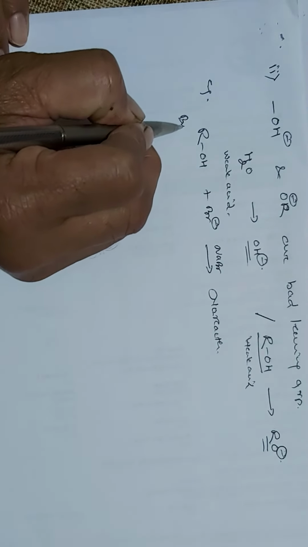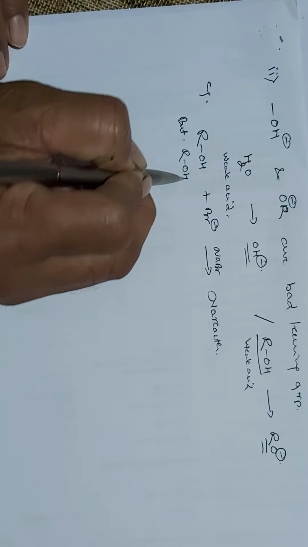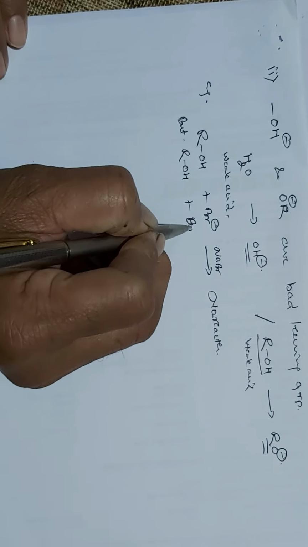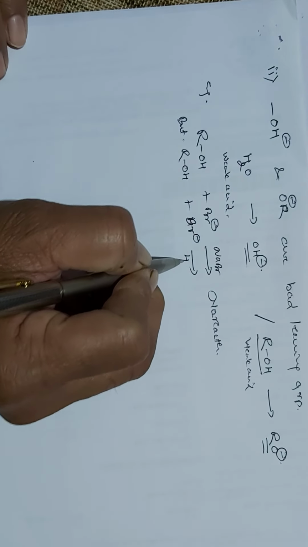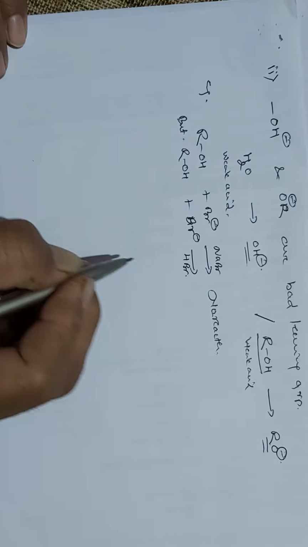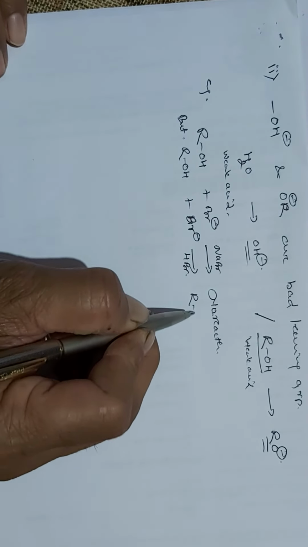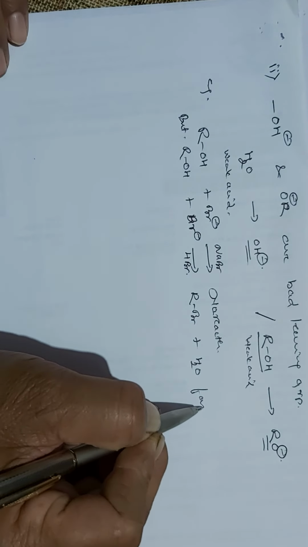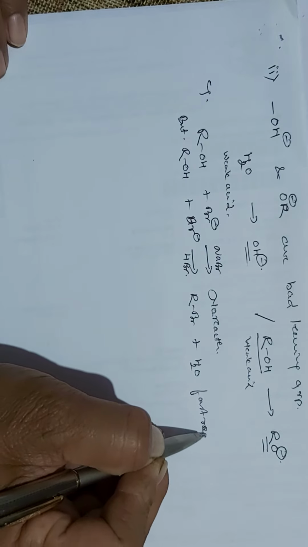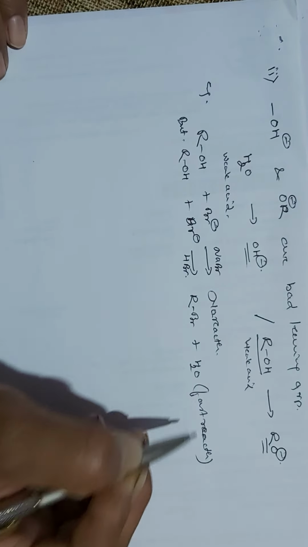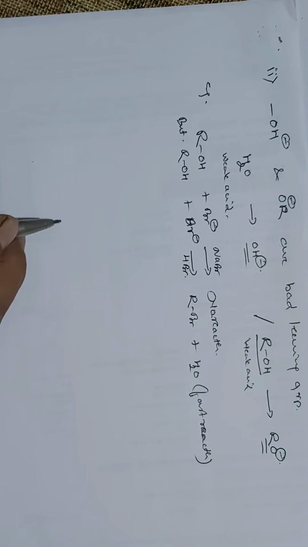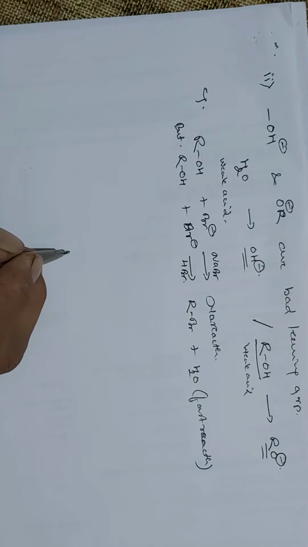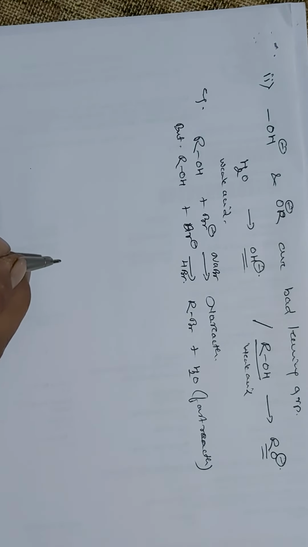But if the same reaction is carried out with Br minus in the presence of HBr, where acid is used instead of the salt, you will get RBr plus H2O, and this reaction is fast. So how does this happen? How does it displace, here in the presence of